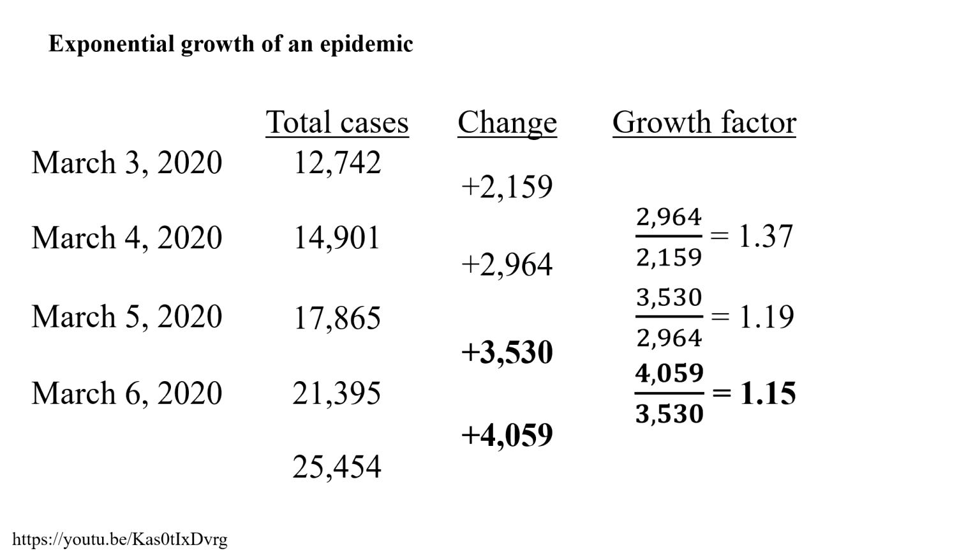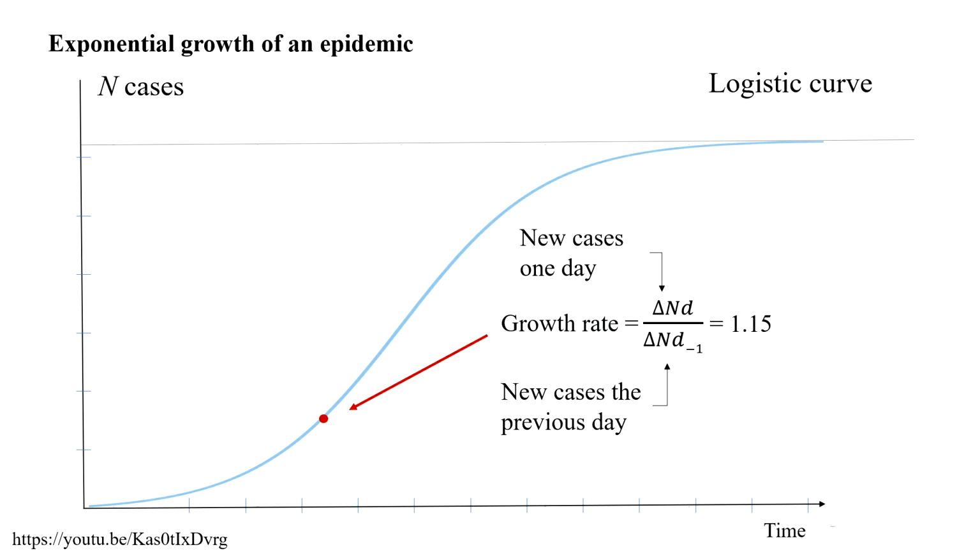Let's put that into action and see what we find. Again, these are the numbers I actually took from this YouTube video that I mentioned previously. So here we have cases March 3rd, March 4th, March 5th, March 6th, and then an additional day, let's call it March 7th. If you look at the changes between March 5th and March 6th, you had 3,530 more cases. Between March 6th and March 7th, 4,059 cases. And if we divide those numbers, we get a quotient of 1.15, meaning we have a growth rate of 1.15. Now 1.15 means that it's more than 1, meaning we still have growth. We haven't reached yet the inflection point.